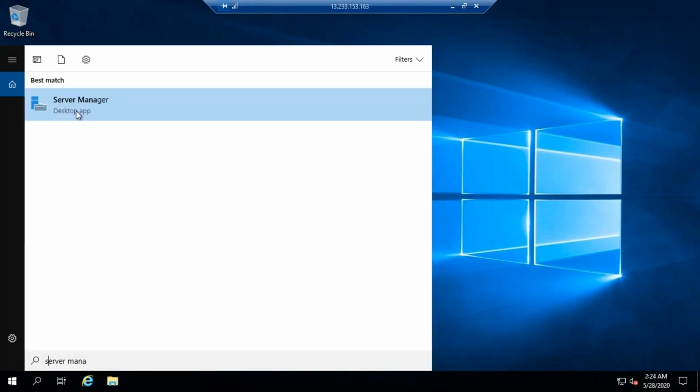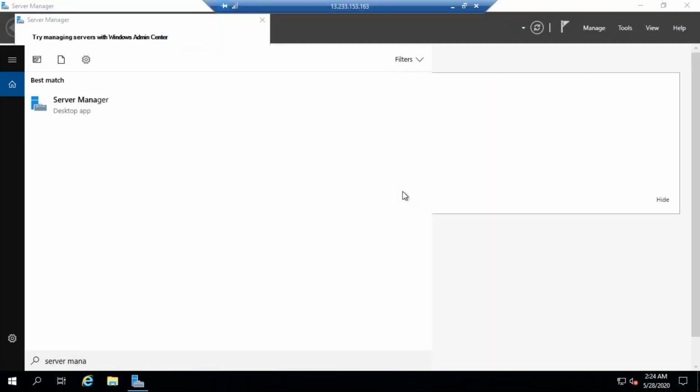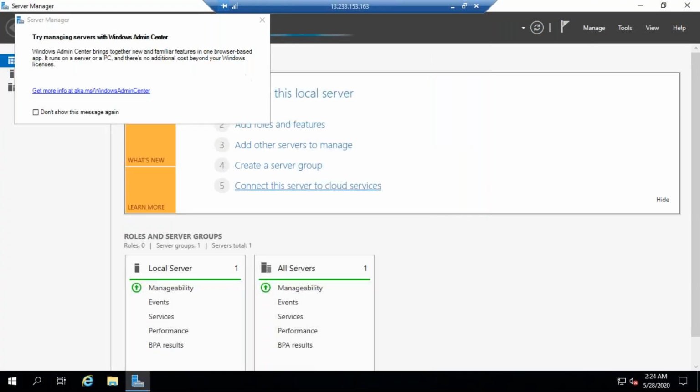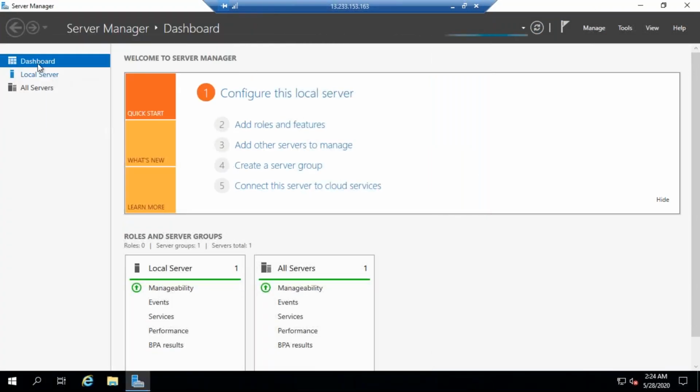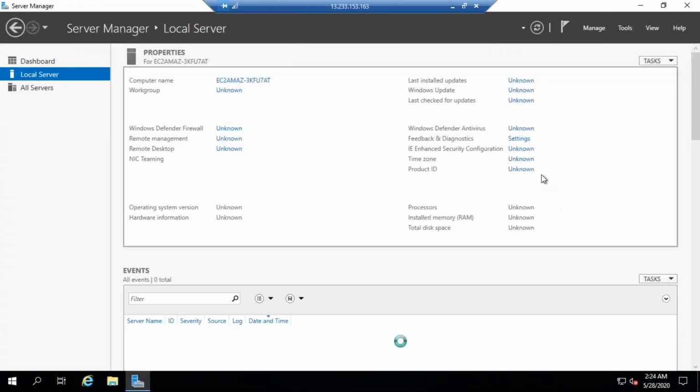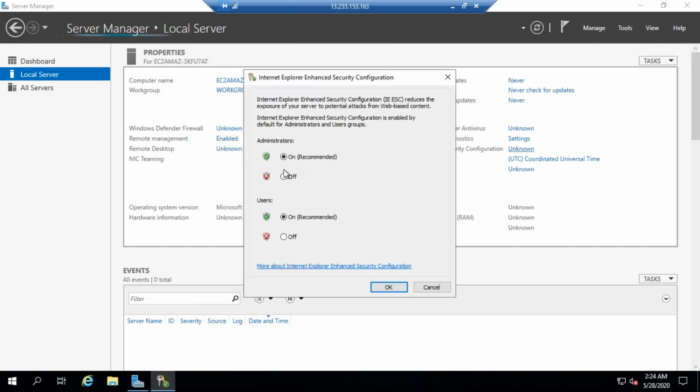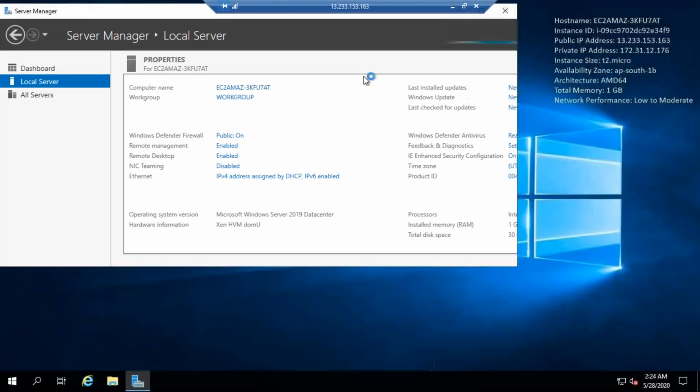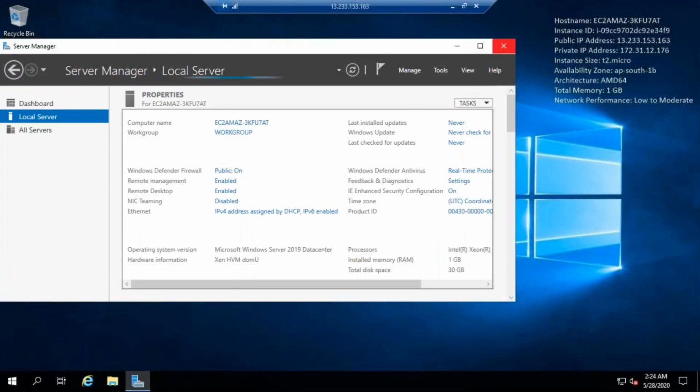Double click on this. Close this. Click on Local Server. Click on this IE Enhanced Security. Turn off this. Click OK. Bring it down and close this Server Manager.